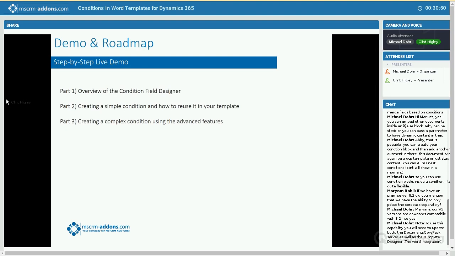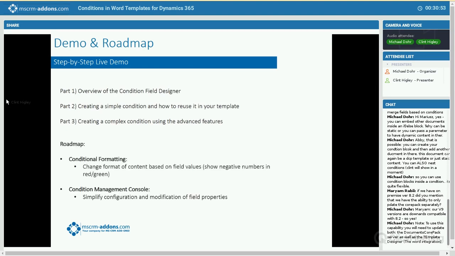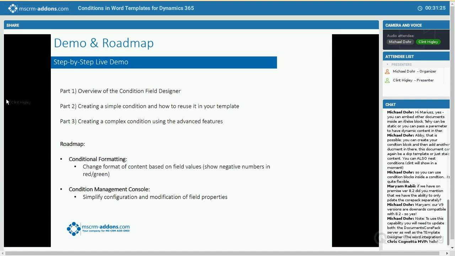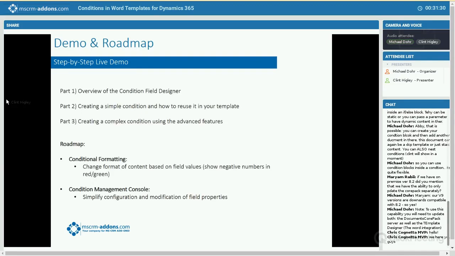And I want to talk a little bit about some upcoming features for this. Some of the things coming in the conditional formatting, one of the interesting ones, is that you're going to be able to change the format of content based on field values. The easiest example is, let's say you've got a list and you want to show the discounts in red. You want to highlight that. So if it's a negative number, you can show that in red in your table. You can have all the positive numbers in green, for example, and negative numbers in